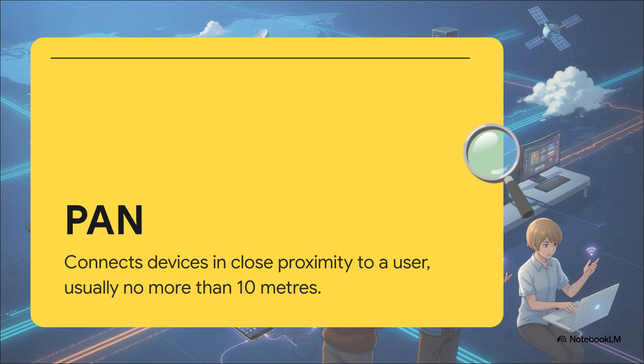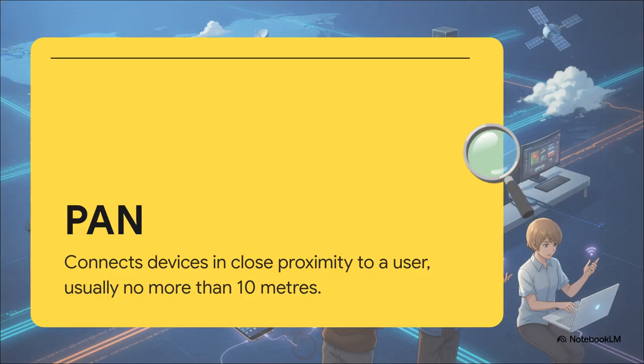A PAN is the absolute smallest type of network. It connects devices that are really close to a user, usually no more than 10 meters away. You can kind of think of a PAN as this tiny, invisible 10-meter bubble that just magically follows you around wherever you go. And the most common way devices in a PAN talk to each other, through glowing, invisible waves